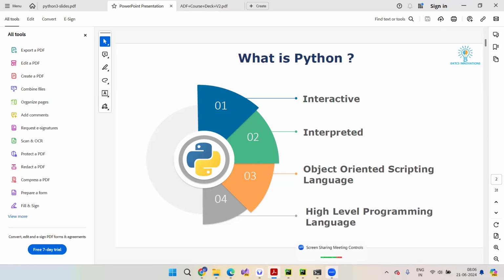Okay. So basically Python is nothing but a language, correct? It's a kind of medium where a programmer can communicate with a machine, and that communication happens in terms of Python coding.